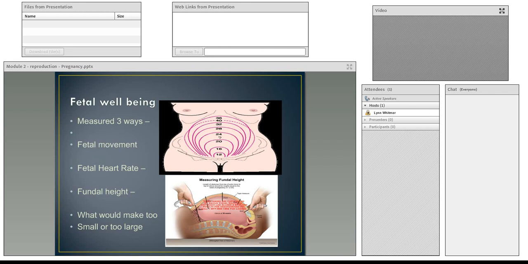What would we think if we have a fundal height that is greater than what we expect? Our dates are wrong, she has too much fluid, she has a large baby, or she has more than one baby in her uterus. What would we think if the measurement is too small, less than what it should be